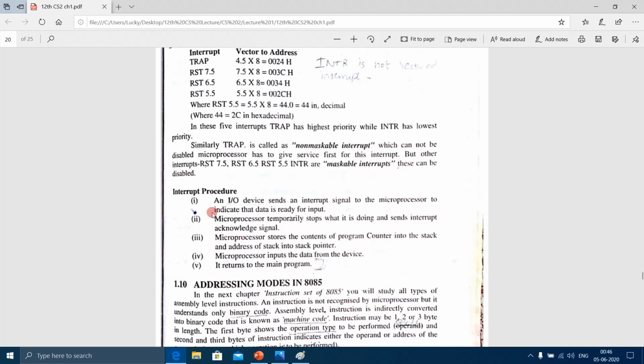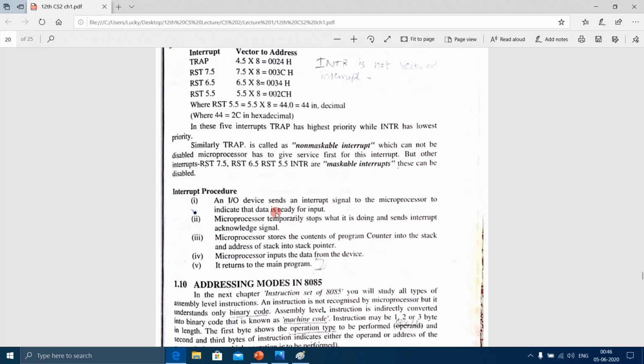Here is the interrupt procedure. Here they have just tried to explain what exactly happens. Here they have taken an example. An input-output device sends an interrupt signal to the microprocessor to indicate that data is ready for input. Like, the input-output device is ready to send the data to the processor.